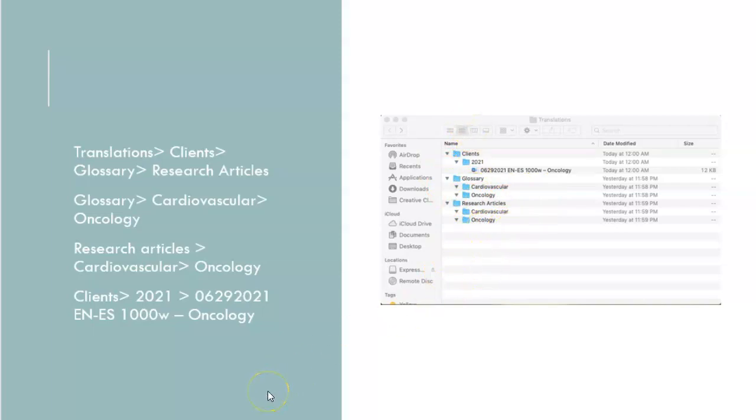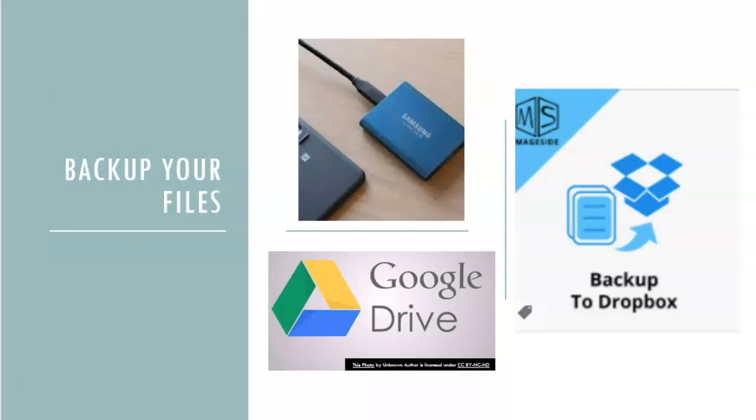If you're doing legal translations, in my case, I've done mostly educational translations for the past 20 years through various clients, or maybe business, or having to do with healthcare. So again, in my case, I do everything by client name. So it just depends on what you're working on, but definitely try to find something that works for you, and always have your backup for your files, always.